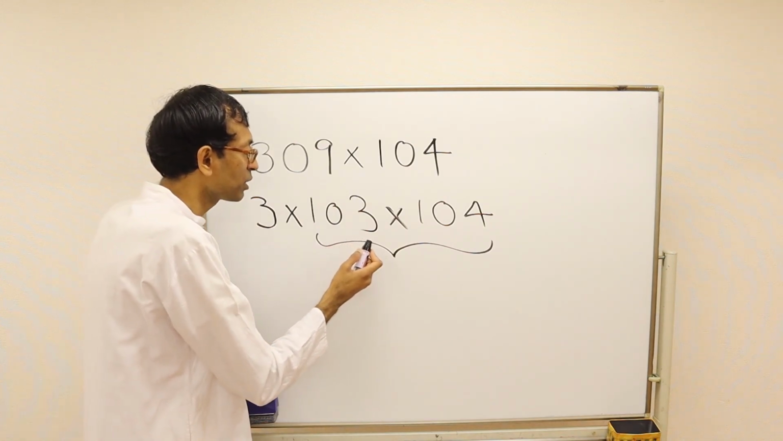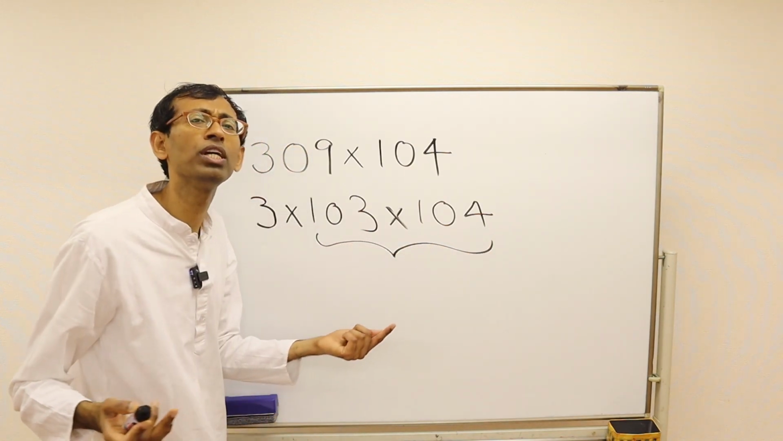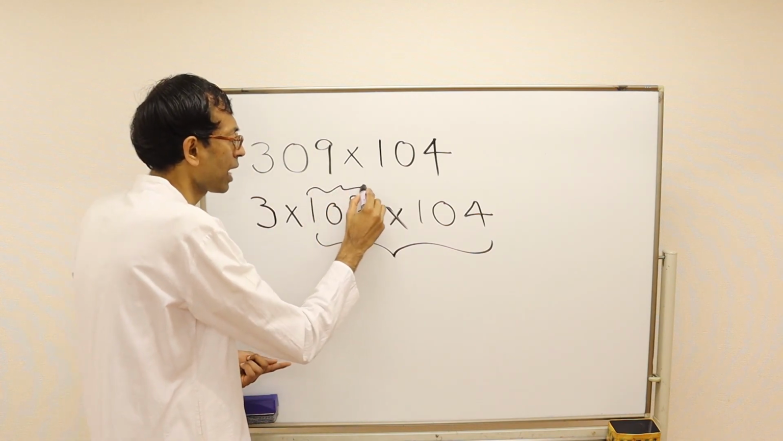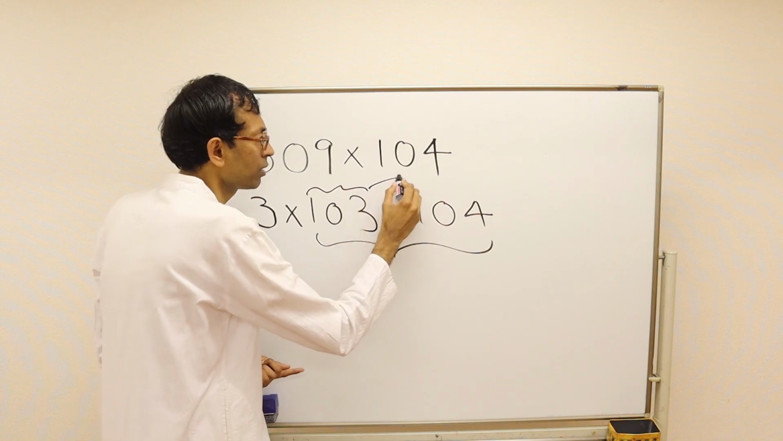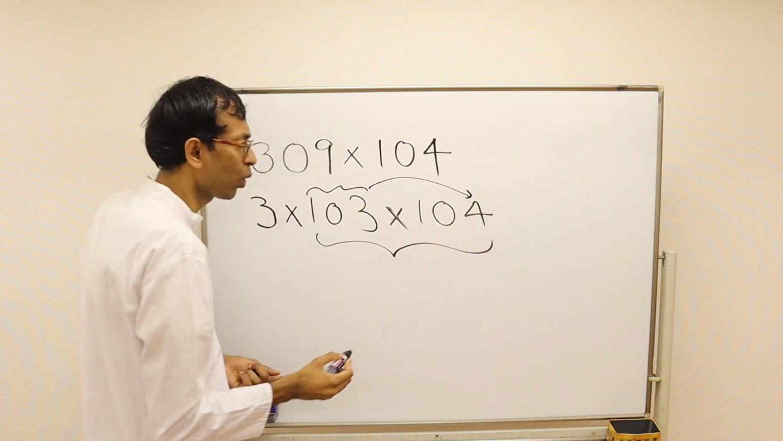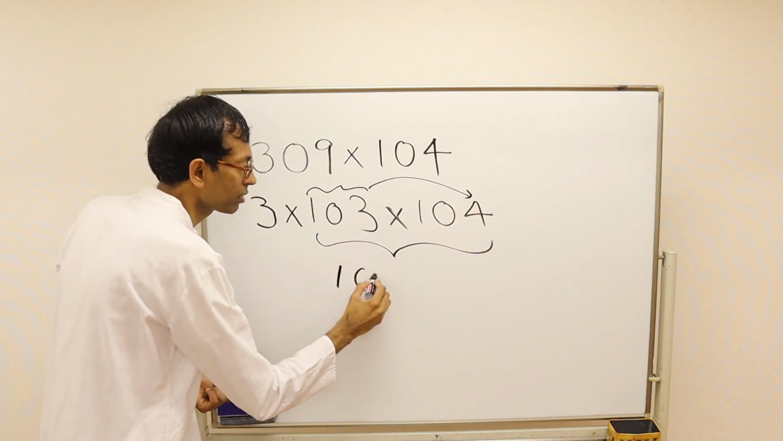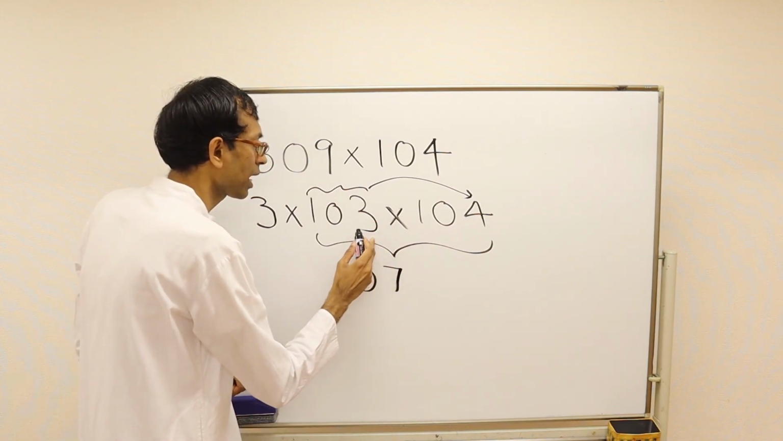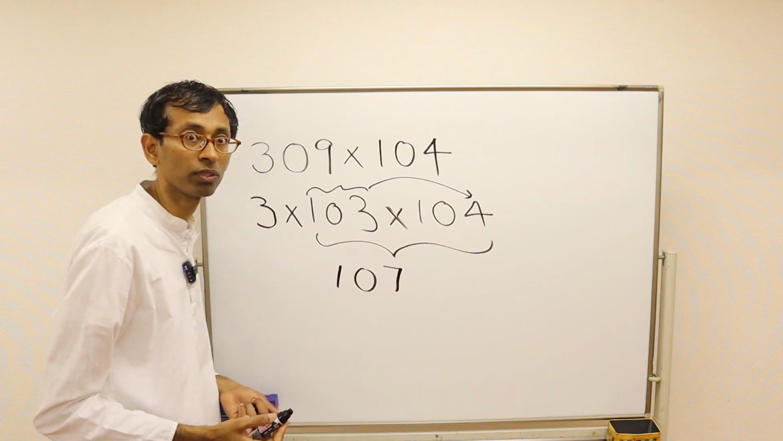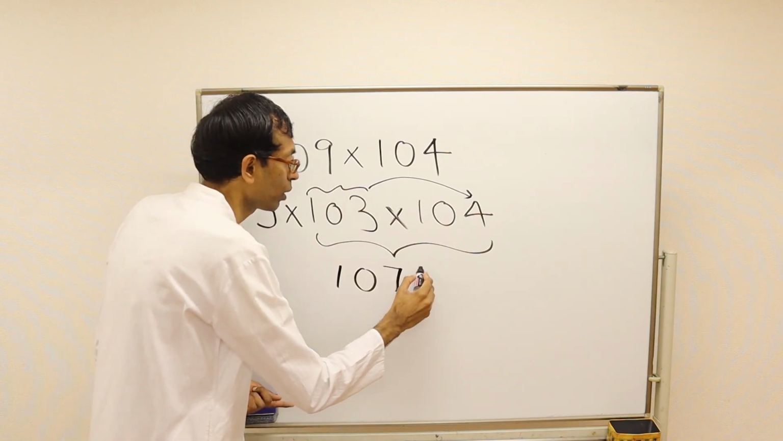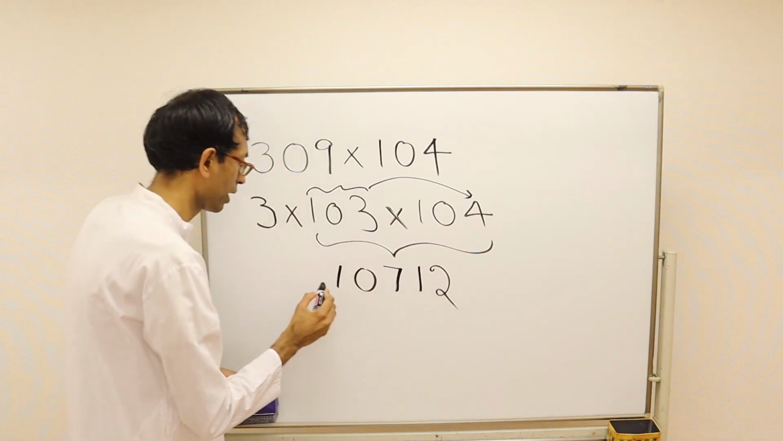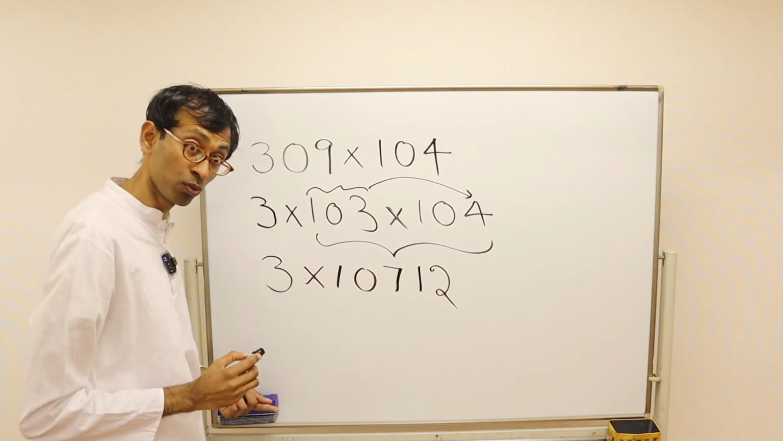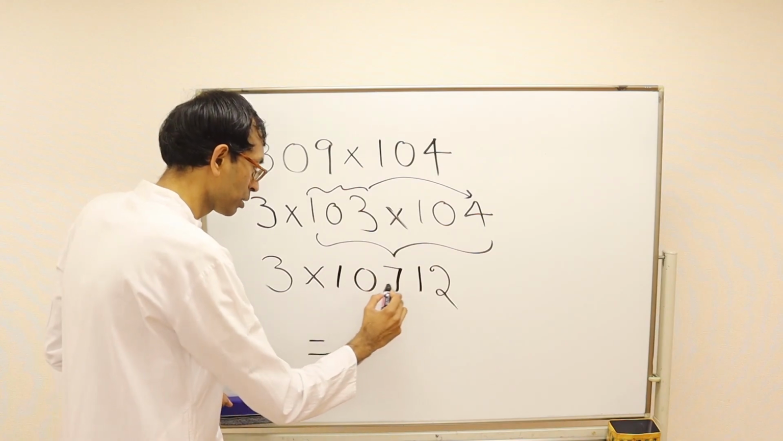So 103 times 104, we know it's very easy. So what do we have to do? You have to add 103 to this 4. So it's a 107. And then you just have to multiply 3 and 4. These are the proximities to 100. So it's a 12. Now we have to multiply this number with a 3, and you can multiply this number with 3 using your number splitting,